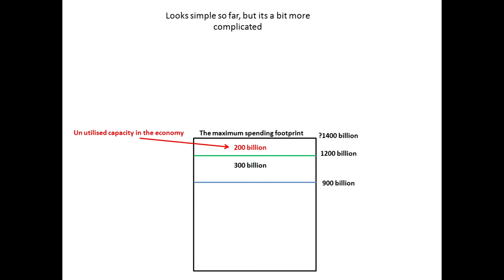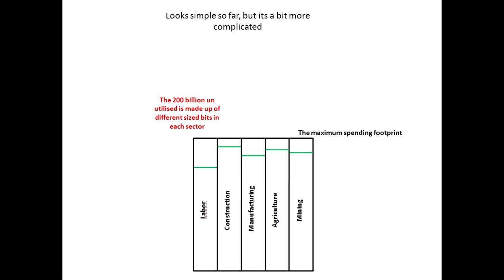Now this is a very simplified account of things, and it gets a bit more complicated than that. Something I want to emphasize is not just the amount of money that you put in that's important, but where that money is going. An economy is made up of many sectors, and I've got an example here with 5 little hypothetical sectors in my economy, and not all of those would at any time be at the same amount of utilisation. So in my example sectors here, I've got labour,